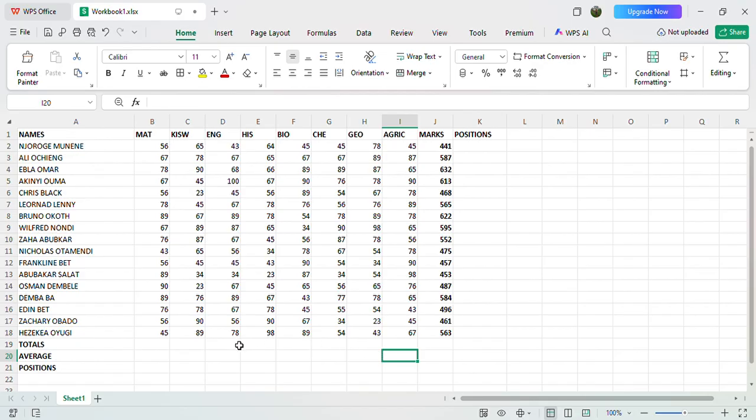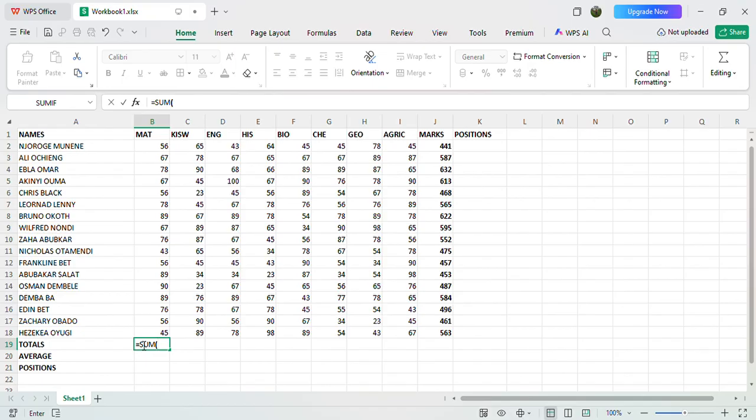Now let us find the totals down there per subject. I will click that cell and press the equal sign key. Then you write sum. Because now we want to find the totals, you press shift, then open the bracket.